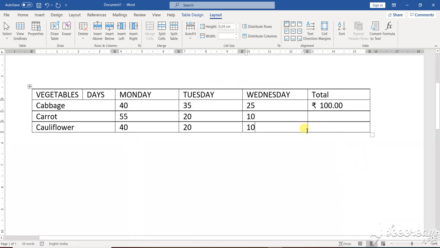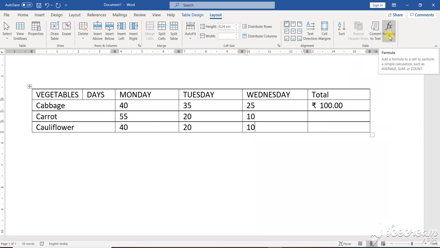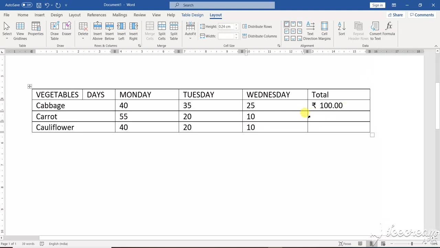So these are the different values in the market on the different days that have been given. As you know, you can use the formula to do the particular work, and you can bring the number here in this particular format. Okay, so this is the particular table designing.